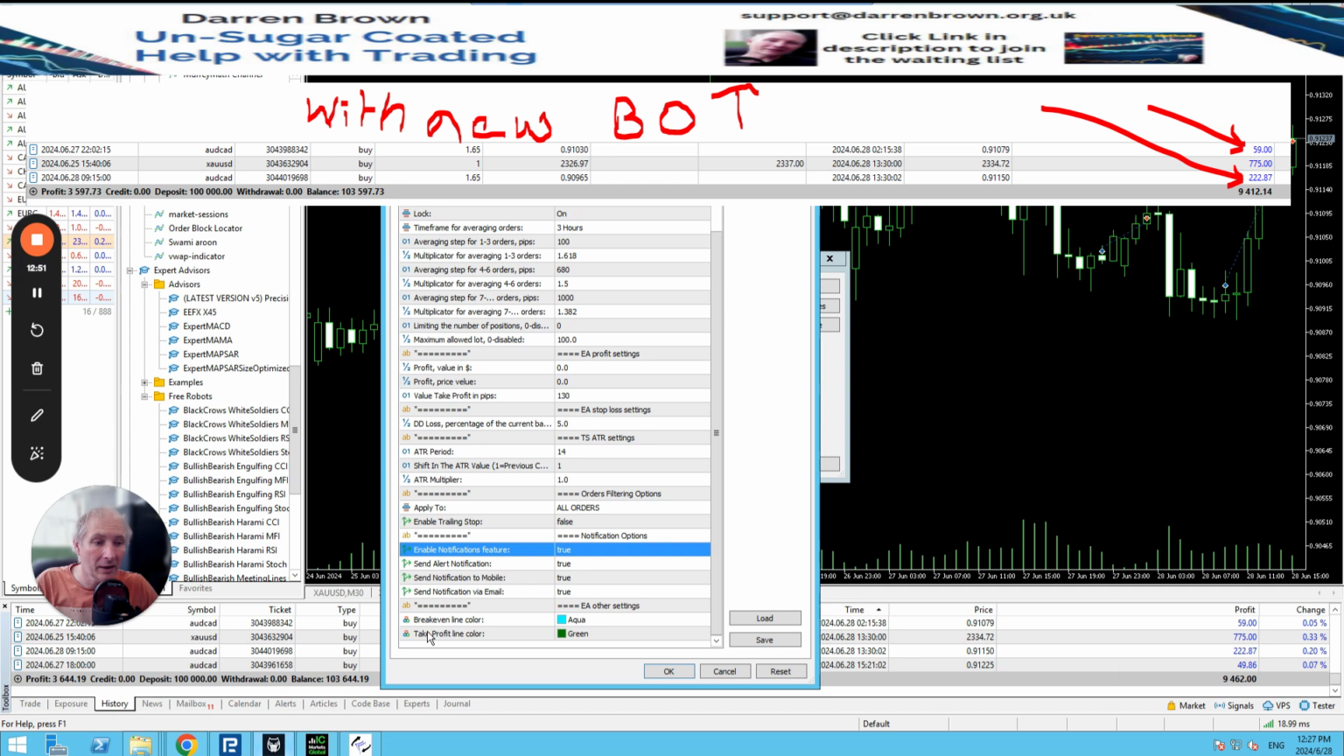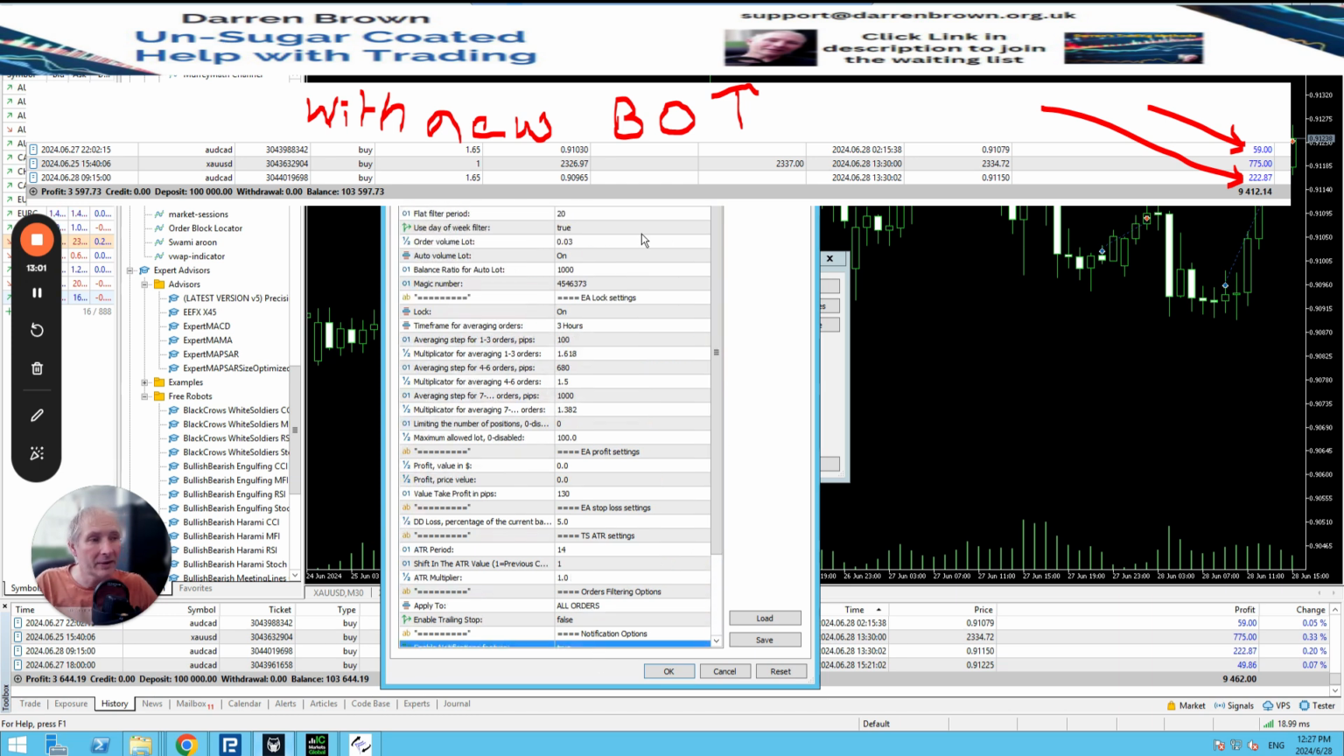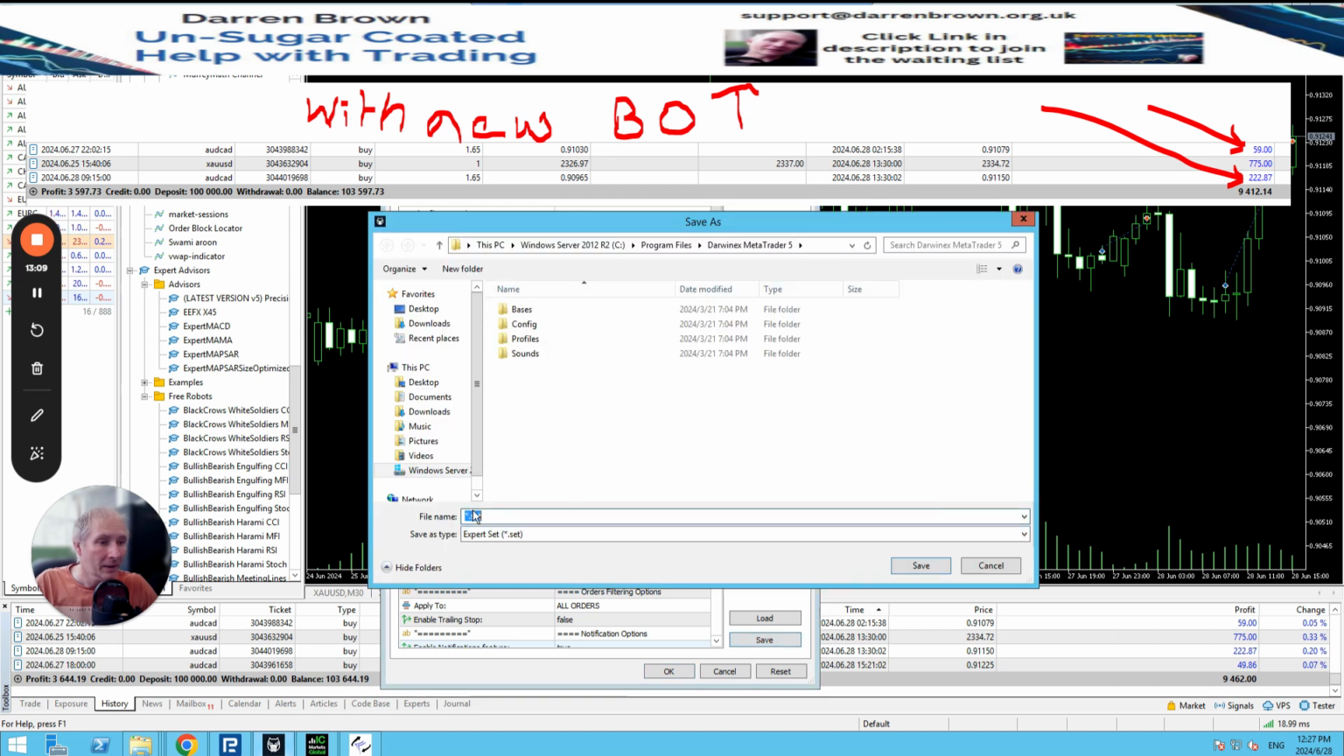You can change the color if you want the break-even line to be colored to a different color, or the take profit line. You can change all this as well. So, you know, it's got lots and lots of stuff. What you can also do is once you've customized this completely as you want it to be, you can then save it. So click on the save feature, and then you could put this as